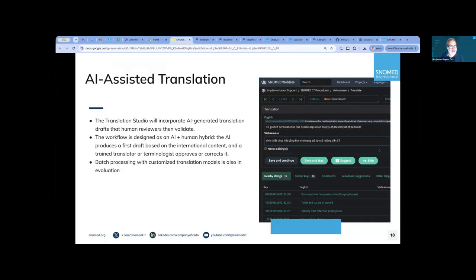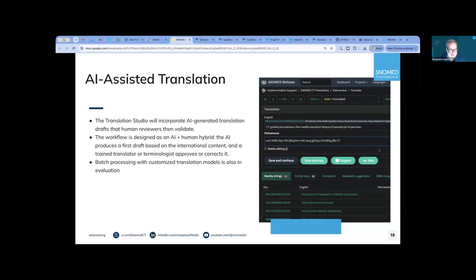So let's go quickly over AI, because you know that AI is everywhere, and everyone is trying to see how AI will affect the use of different tools and different standards. We have two aspects of AI that we treat differently. The first aspect is the application of AI to translation. This is really important because translations are really big.